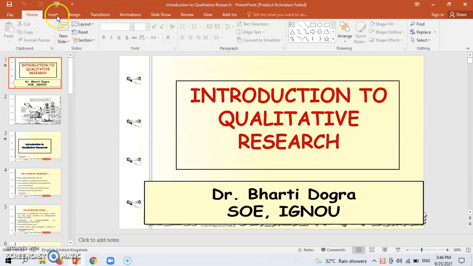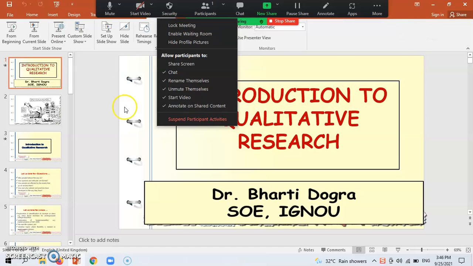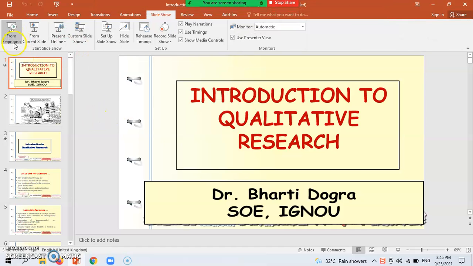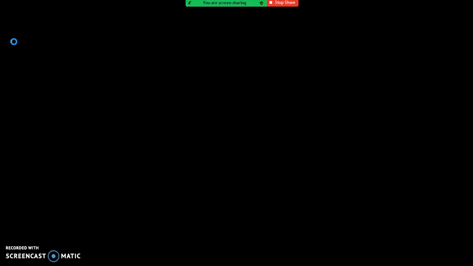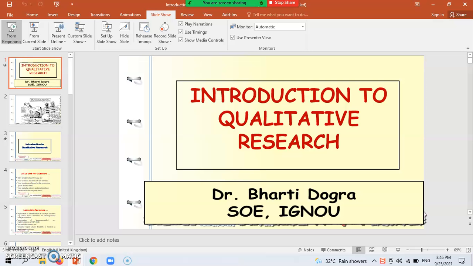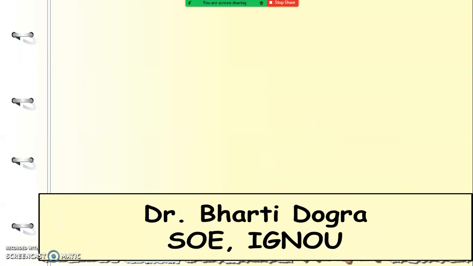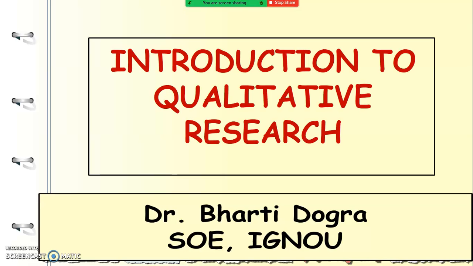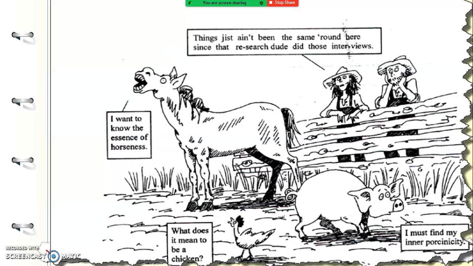See, this file is visible to me. I can use a slideshow. Slideshow from beginning. Now I can see the entire slide. Now I'm moving to the next slide, third slide,